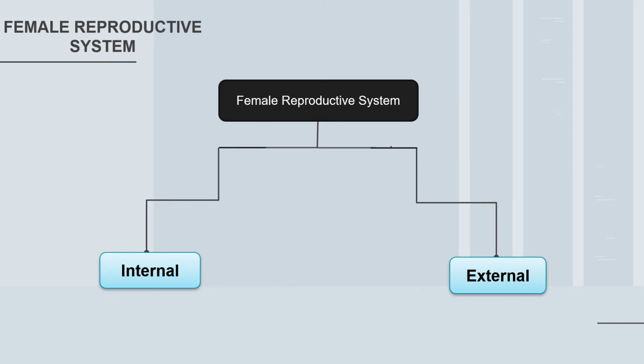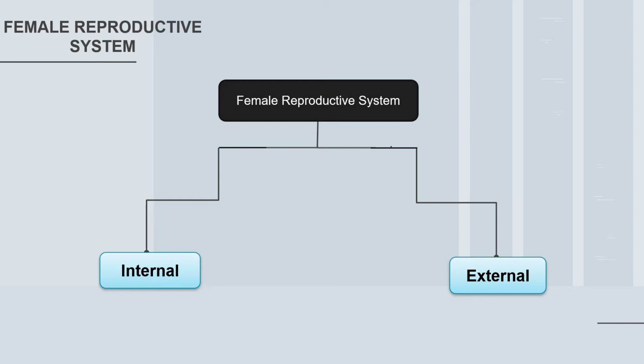The human female reproductive system has been divided into two different parts or sections. One part would comprise of the internal female genitalia and the other part would comprise of the external female genitalia. Genitalia refers to reproductive organs. So here internal female genitalia mainly would comprise of the internal female reproductive organs, organs or structures which are situated or located internally inside the body.